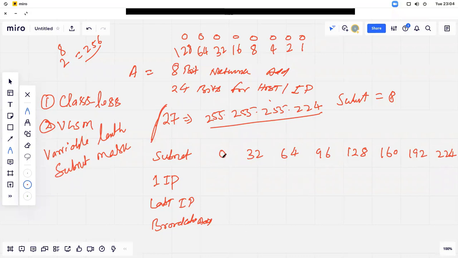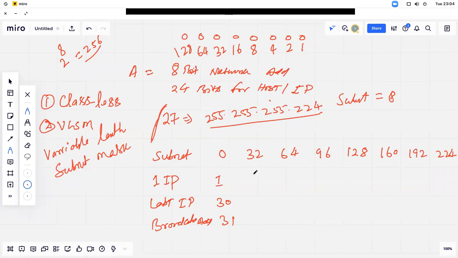Now what will be the first IP address in this? That is 1. And what is the last IP? That is 30. And the broadcast IP will be 31. So if you calculate from 0 to 31, you will get 32, because 0 itself is also an address. So 0, then 1, 2, 3, 4, up to 30 and 31. So the total size is 32, because each subnet has a block size of 32. So it is going to complete with 32, 0 up to 31.